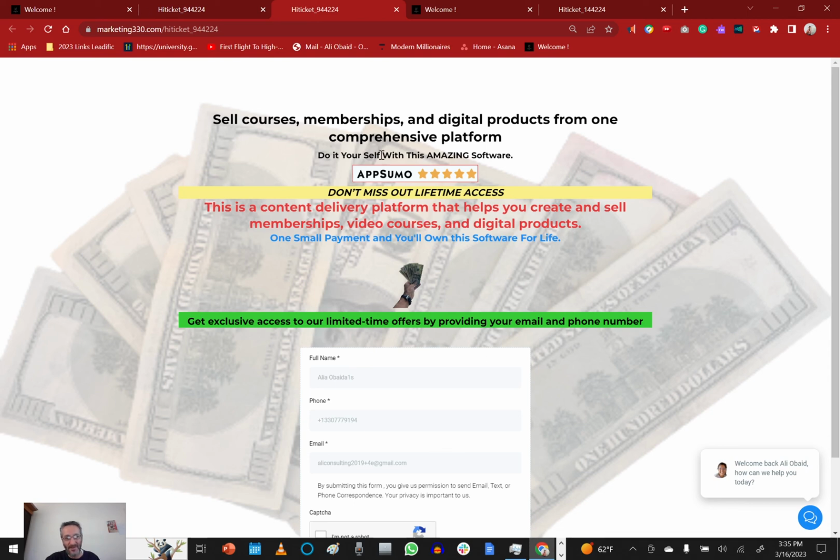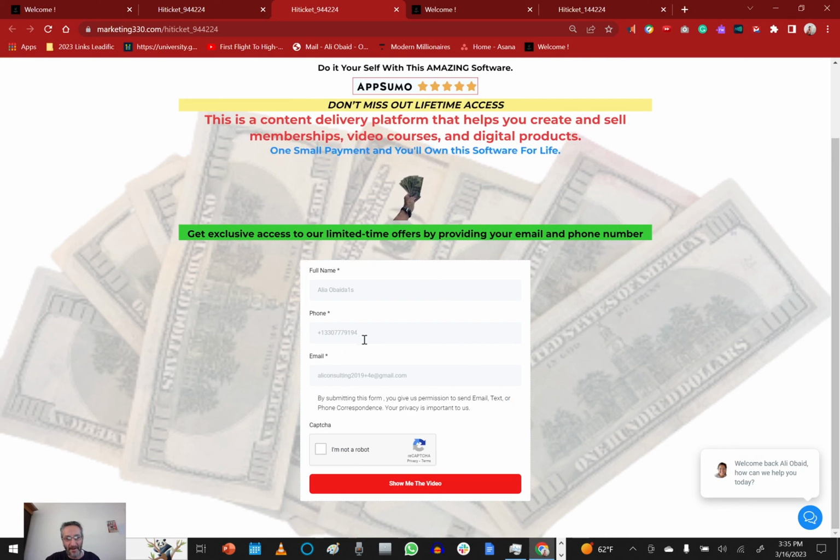But anyway, so now when somebody comes in and visits the squeeze page over here, they come in and fill out their information. So I just got some generic information over here, and let me change the email address a little bit here. By the way, when it comes to Gmail, you can have the exact